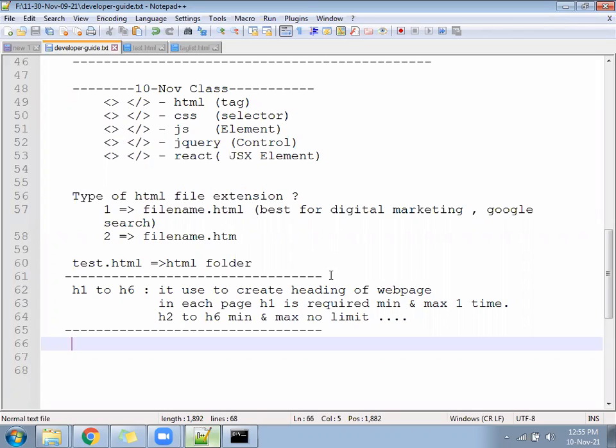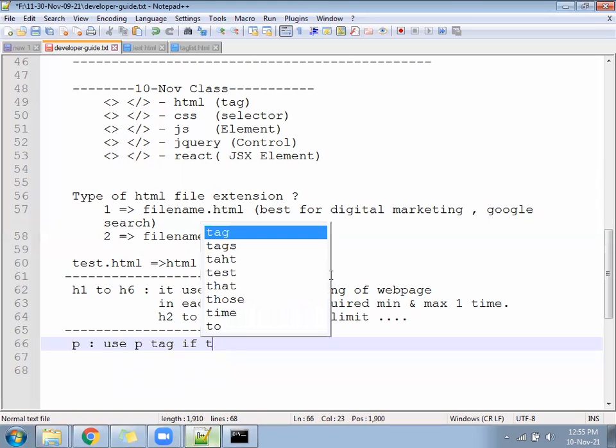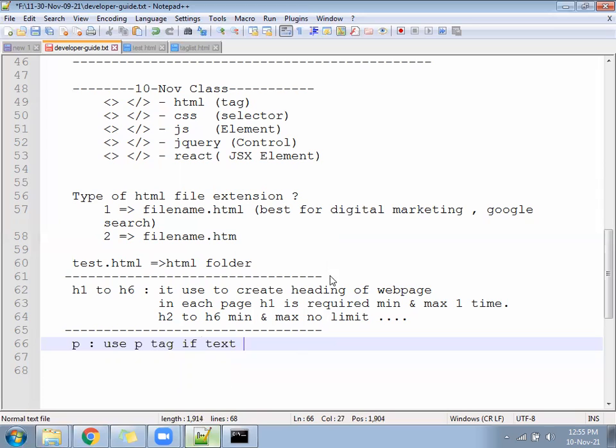For the paragraph, what you wrote on one page, when to use the p tag: especially for text data, if you have text of more than 130 characters. Write a short line: use p tag if the text is more than 130 characters.